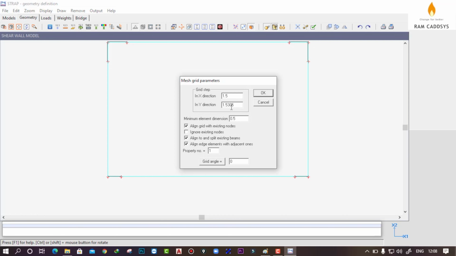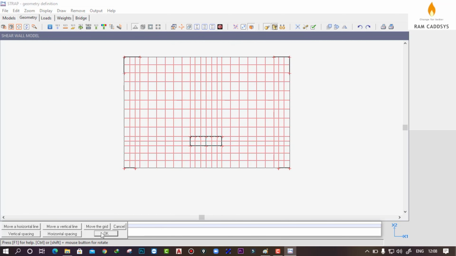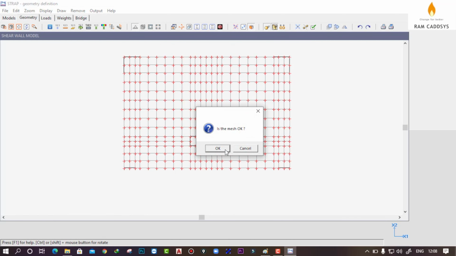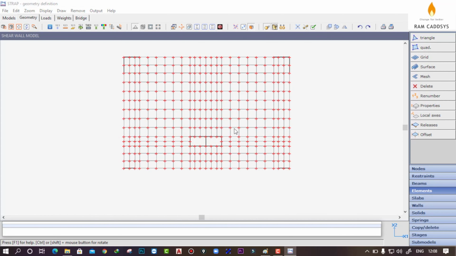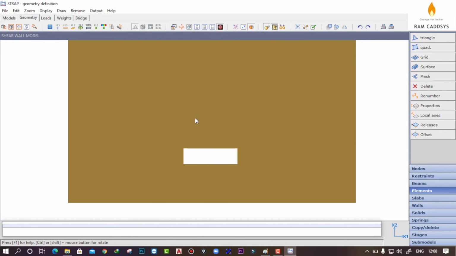You can keep it as it is or you can change it as you need. Now uncheck this align to and split existing beams. Click on OK. Now here you click on OK and it is asking is the mesh OK. Click on OK. You can see we have created the mesh with an opening in our core wall area. If you see the rendered views, this is our rendered view.